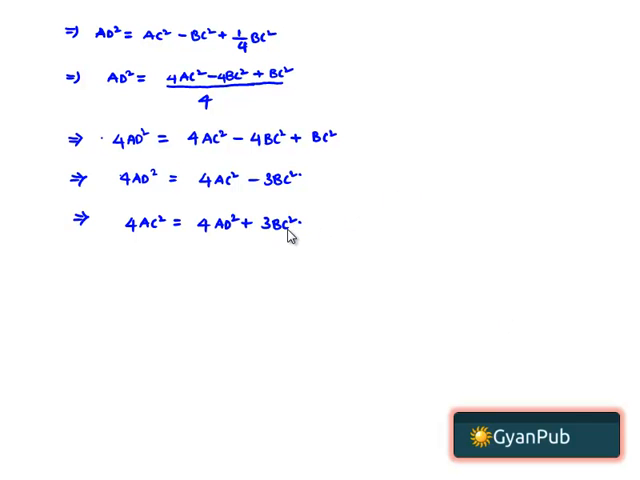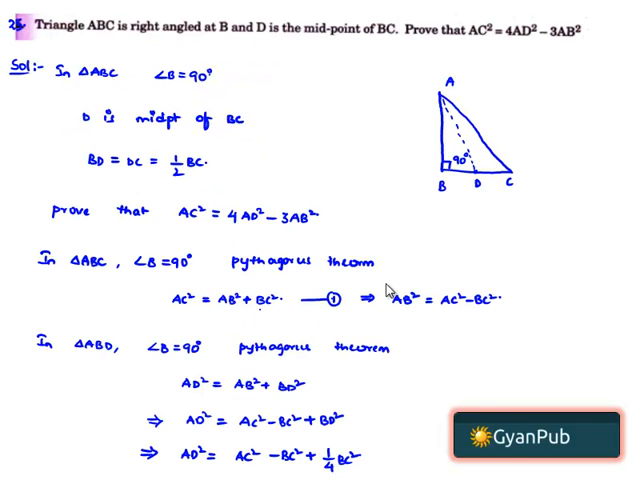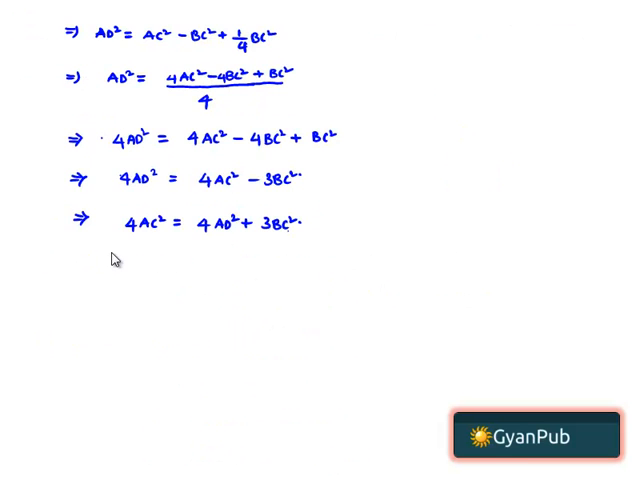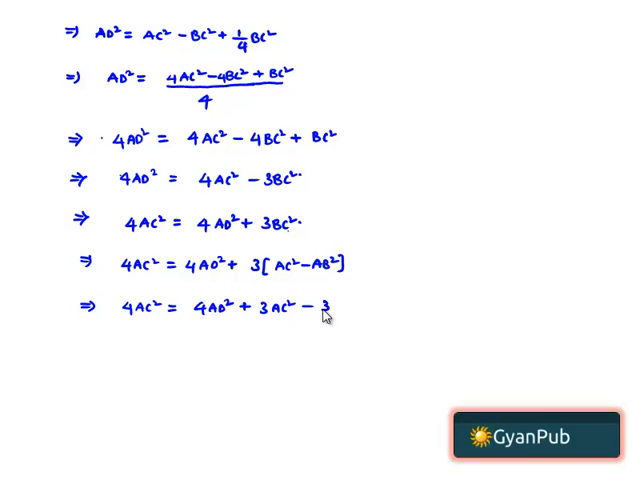But we need it in terms of AD. Therefore, from equation 1 we get BC square is equal to AC square minus AB square, so 4 times AD square plus 3 times BC square is nothing but AC square minus AB square, which implies that 4 AC square is equal to 4 AD square plus 3 times AC square minus 3 times AB square,